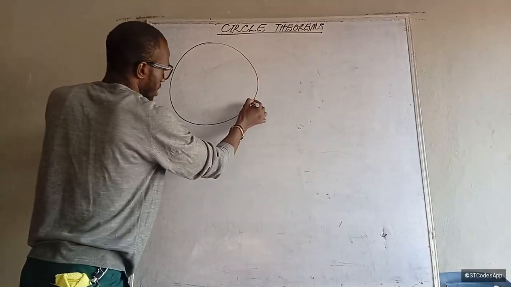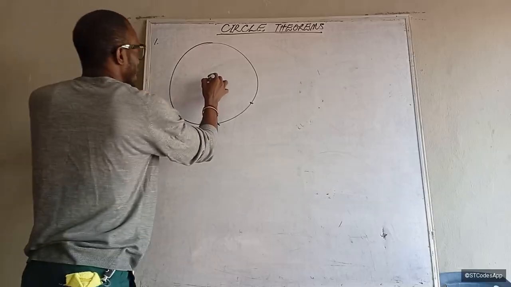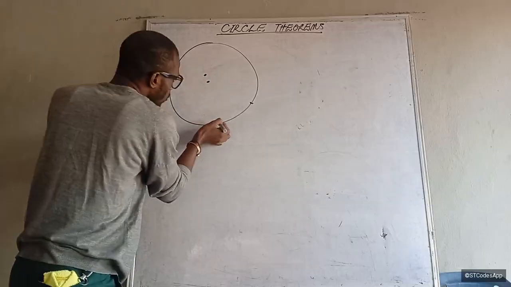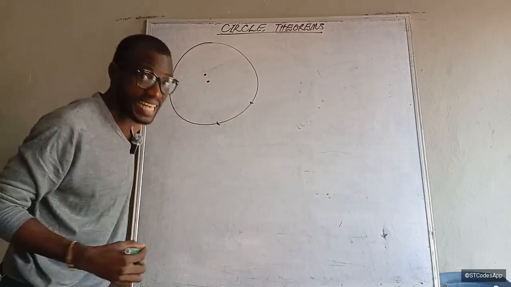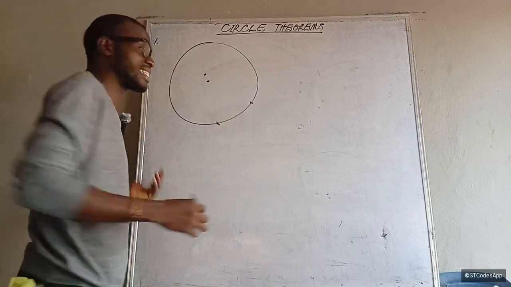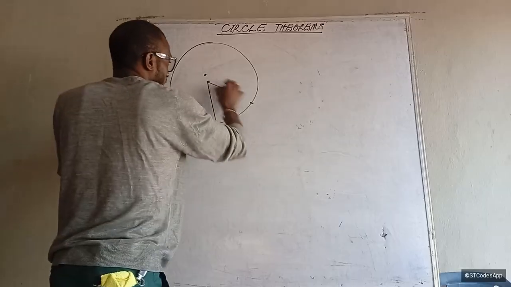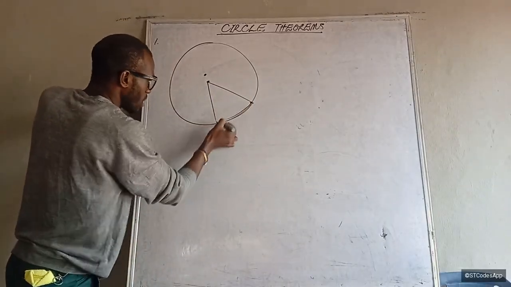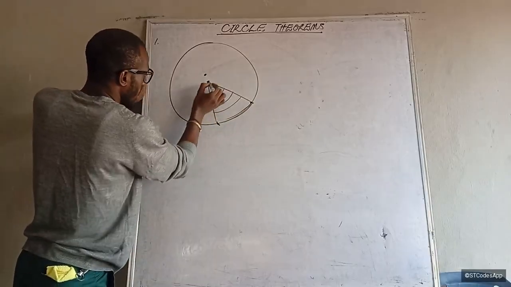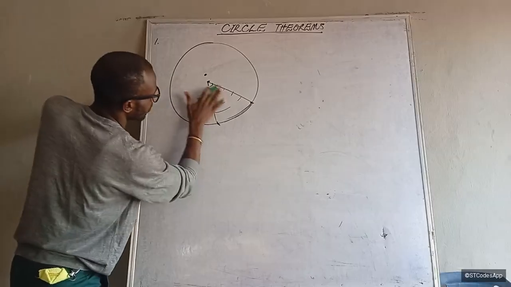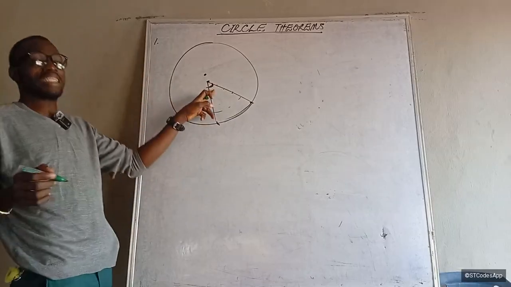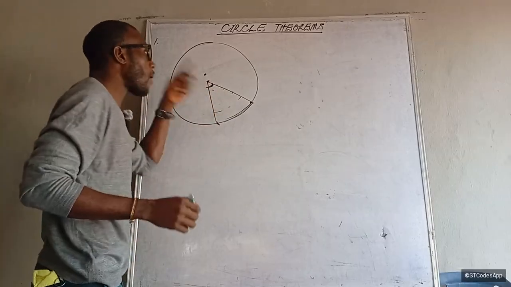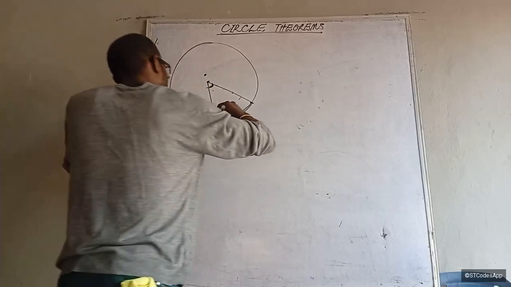If I pick an arc here, look at this arc, and this is my center O. The angle that this arc subtends at the center, if it subtends an angle at the center, it makes a pi, right? So this arc here, if you trace it down, you see that it's subtending an angle here, right? Okay. So the angle it subtends at this center will be double the one it subtends at the